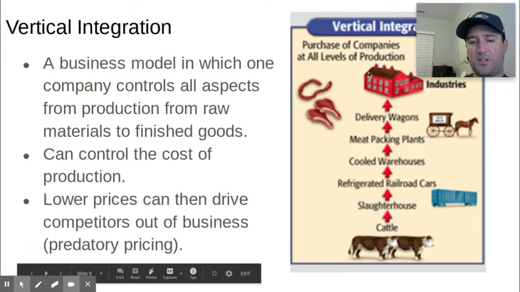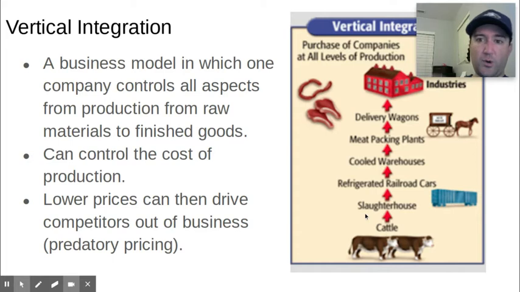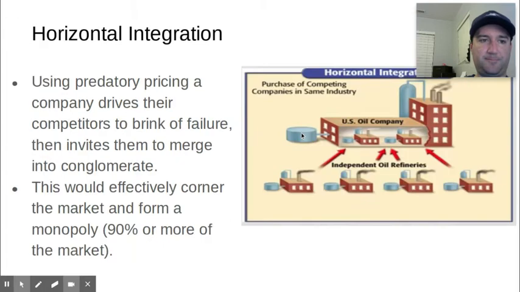So once a person or a company is able to acquire all the means to control their production and lower the prices so low that it is hard for competitors to compete, you can basically drive them out of business because they can't keep up with your low prices. This is why Walmart today, while a lot of people like the low prices of Walmart, the cost of that is you have much fewer small businesses and mom and pop shops in local economies as a result. It's just the nature of the beast. That is how free market capitalism sometimes works.